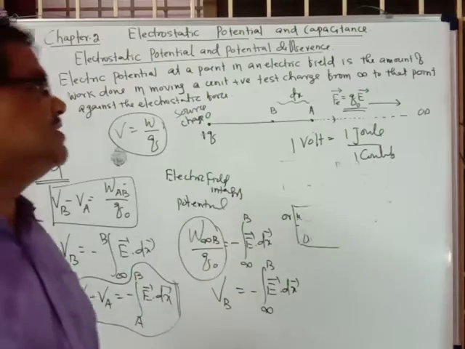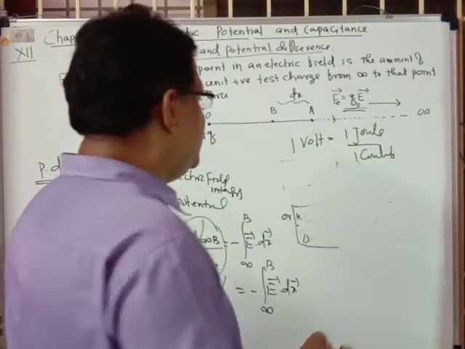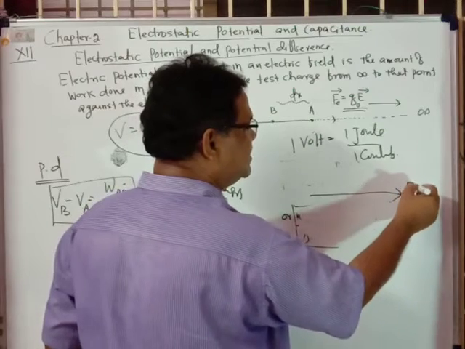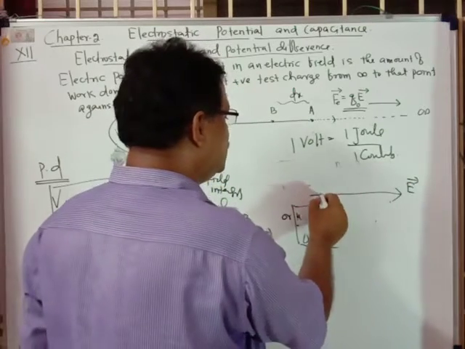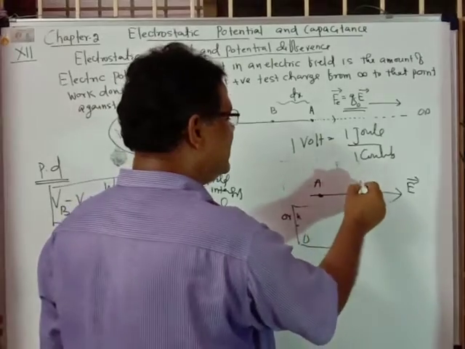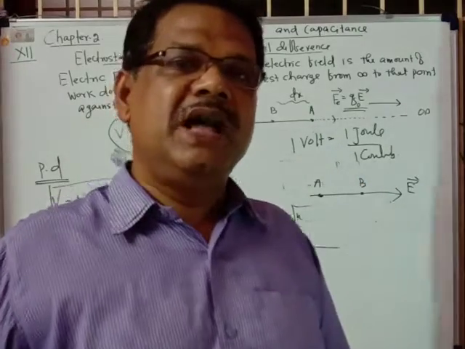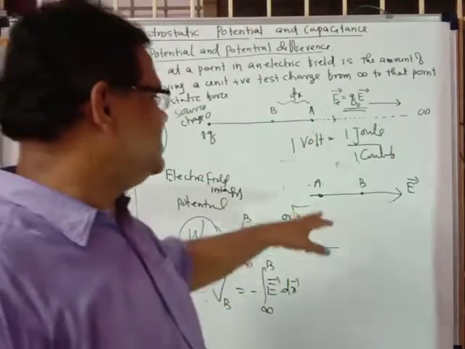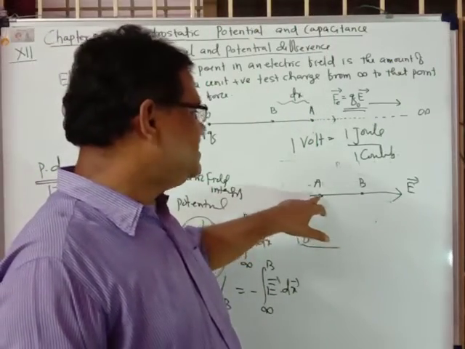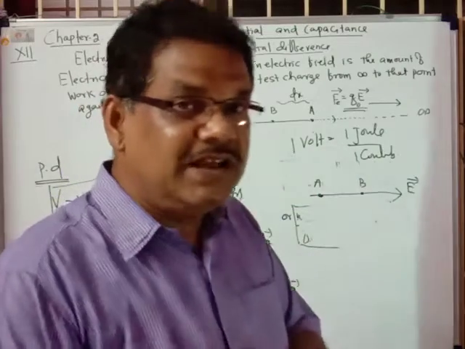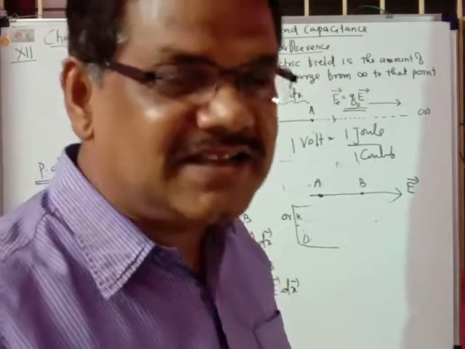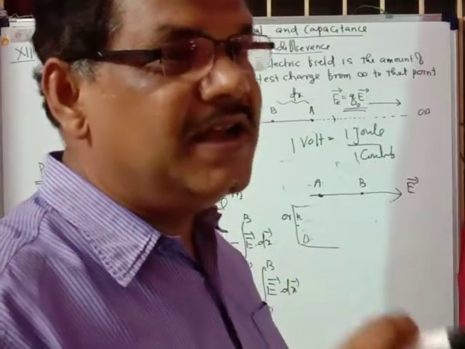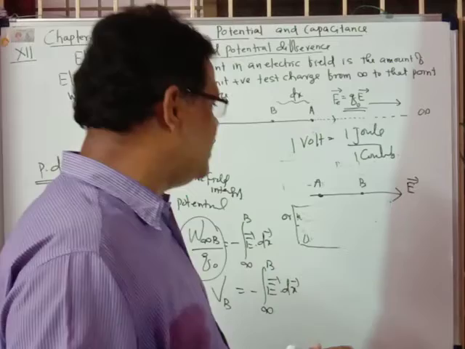Another time, questions also come where the direction of the electric field is shown, and 2 points A and B are given. The question asks at which of A and B the potential is more. Undoubtedly the potential is more at A, because if you move along the direction of the electric field intensity, the potential reduces gradually. Potential reduces gradually is very important.